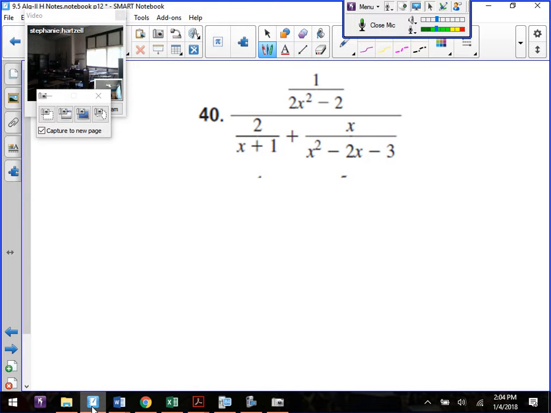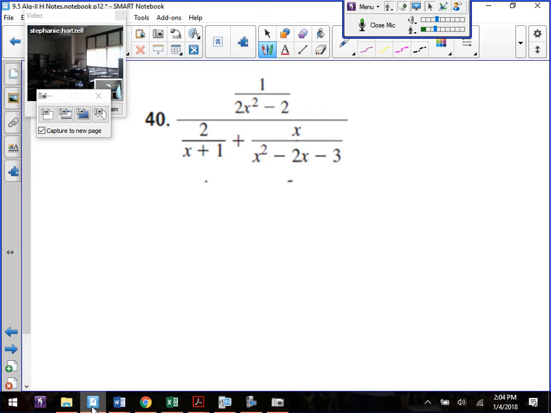Obviously you might have noticed right away that in that top fraction you can factor that denominator. You take out a 2, you get x plus 1, x minus 1, because you might have noticed it had a difference of squares right there. I see that right off the bat because I would take out that 2 for the GCF and work my way around. But I'm not going to worry too much about that yet because I have to deal with that awful looking denominator. So what I want to do is factor this: x squared minus 2x minus 3. When I factor that, what times what is negative 3 and adds together to get negative 2? Negative 3 and positive 1. So I'm going to have a